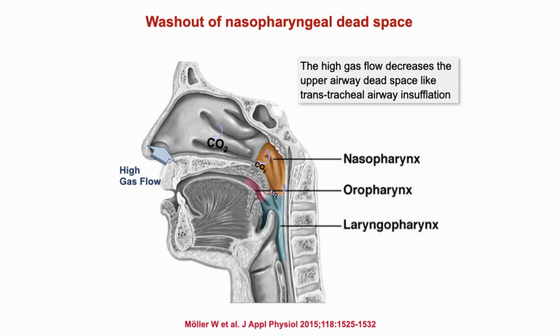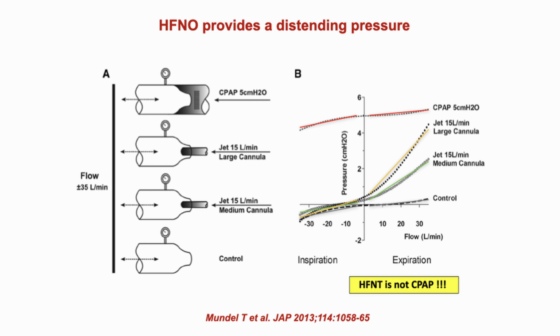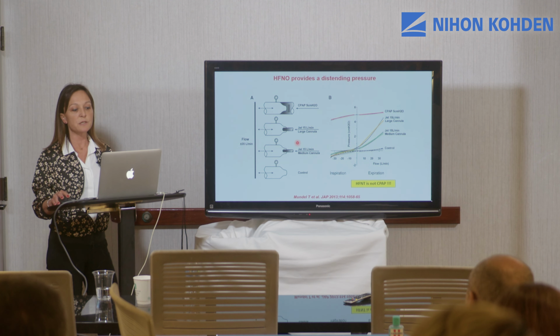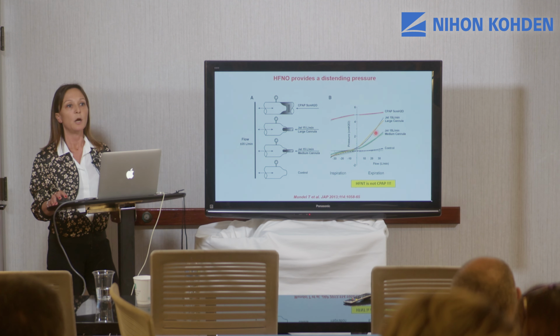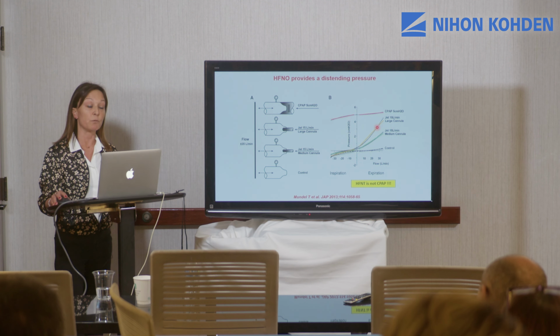And then, because we have high flow, we can create a sort of washout in the upper airways, and the gas flow decreases the upper airways dead space and allows to create this washout. And then fourth, compared to a traditional oxygen therapy through a Venturi mask, with the larger cannula we can reach a sort of PEEP, a sort of distending pressure. As you can see, with the larger cannula we can reach 4 centimeters of water of distending pressure. That is not the same pressure that we can obtain with a CPAP, where we can start from 4, 5, but we can also get more and higher pressure, but it's something that can be really useful in our patients